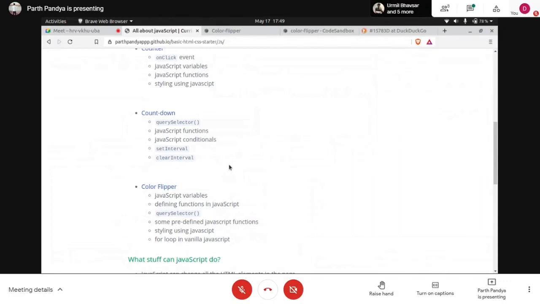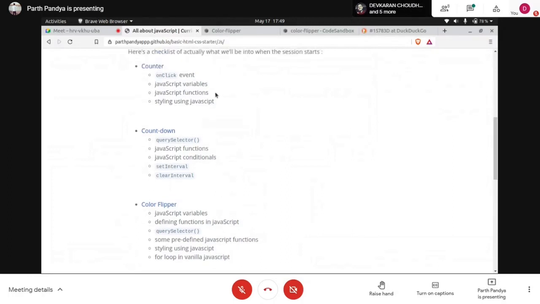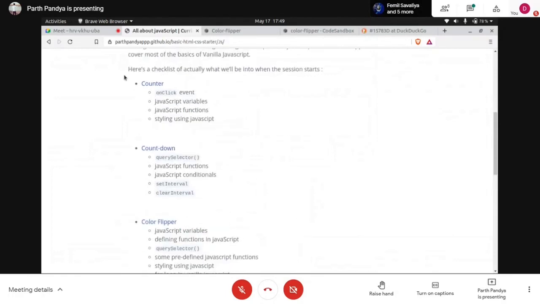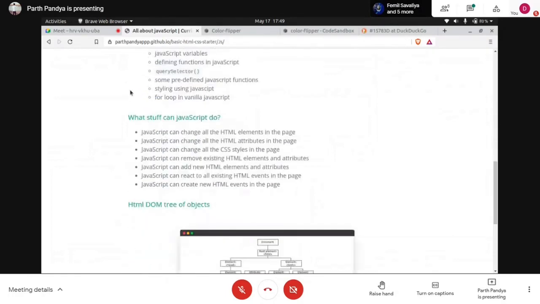Start with simple consoling, then create buttons, on click events, and then use query selector, and then use for loop and on click events and variable functions. Cover all these things, and first of all create all these three projects by yourself.